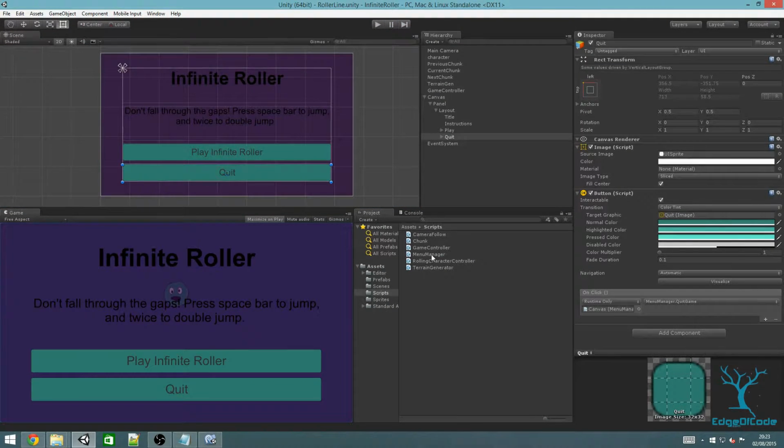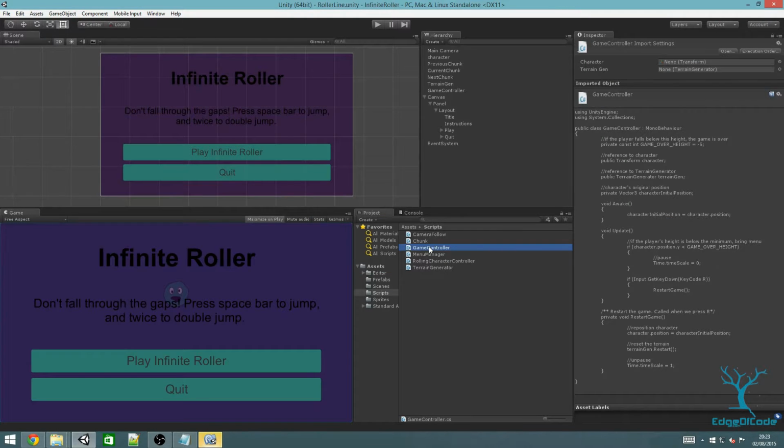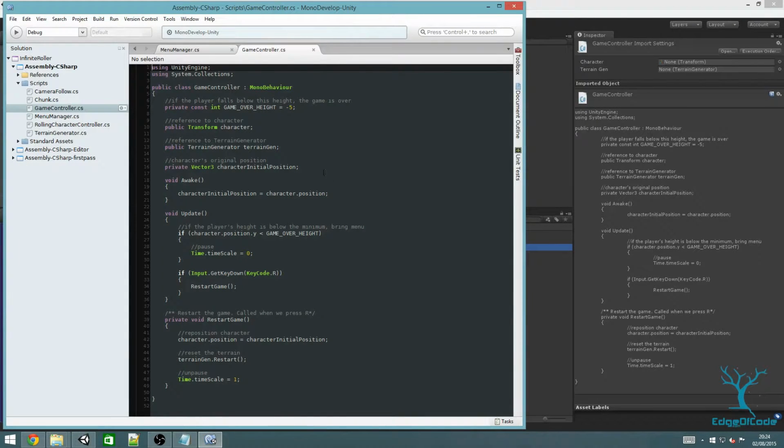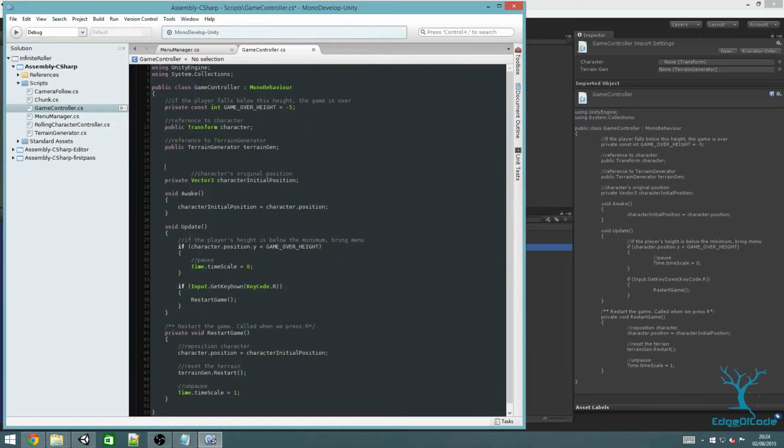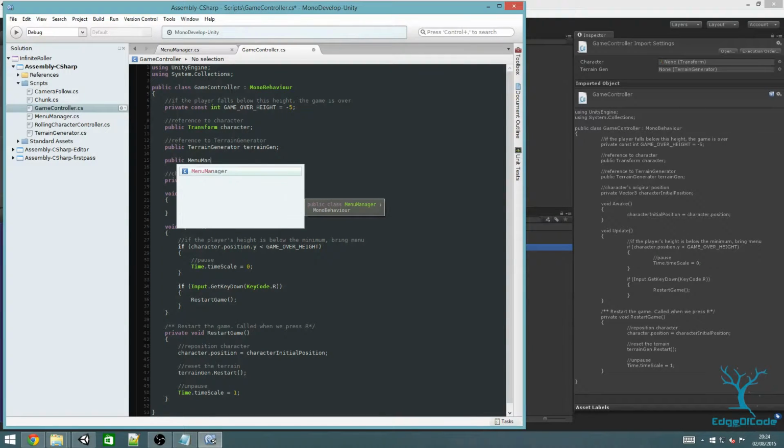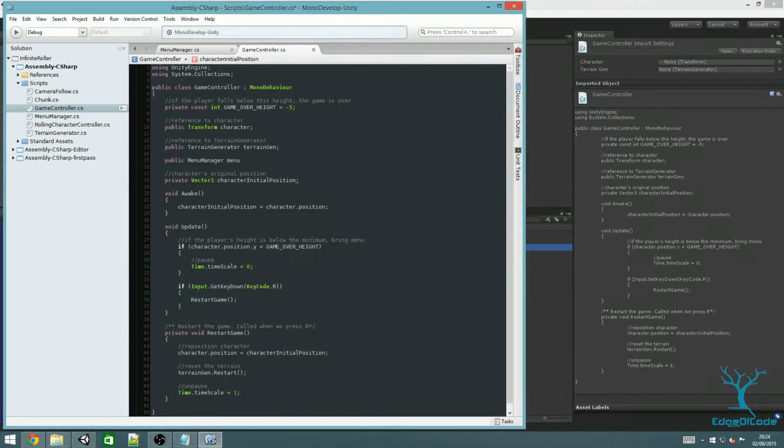Next, open the game controller script. In the last tutorial, we added code to restart the game if we pressed R. When the character falls off the ground and dies, the menu should come back up instead, and the game should be properly restarted when the play button is pressed. So inside game controller, add a reference to the menu manager class. So this will be a public one. And save it, go back to Unity,